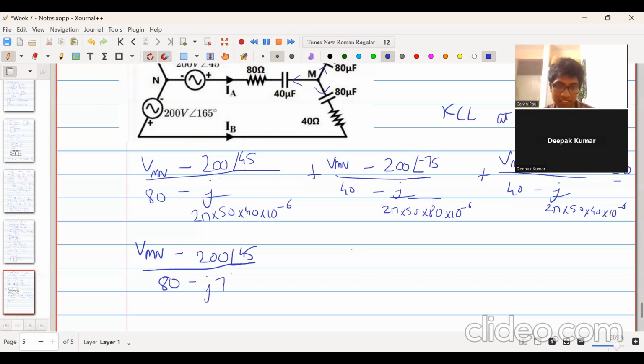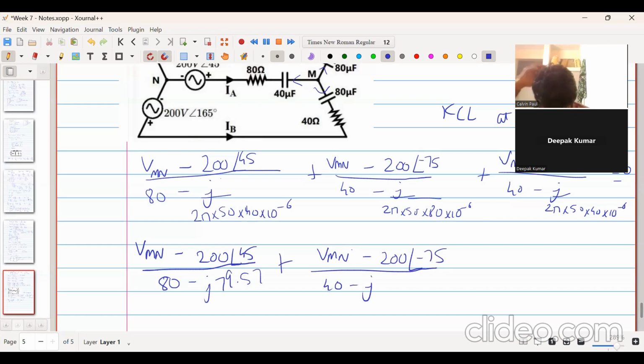Okay, so this will be j79.57 plus VMN minus 200 angle minus 75 upon 40 minus j into 39.787 plus